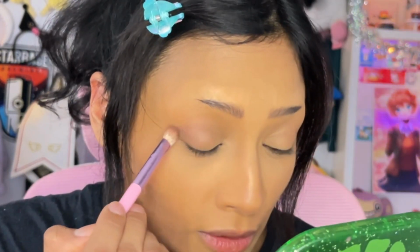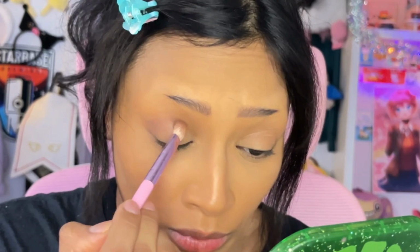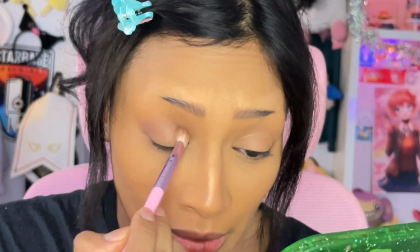If you can't wear circle lenses, or you don't wear circle lenses, like you don't know how, you've never tried, you can't, like you physically cannot, or you're just too scared, I'm telling you right now, it's fine. You will still look super cute, but it might not have fully the intended effect. Just putting it out there. Really big,